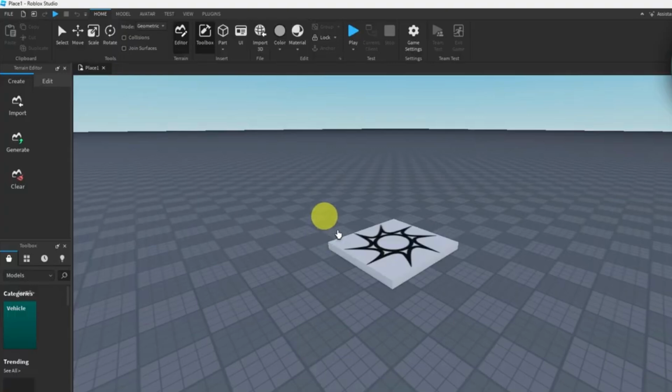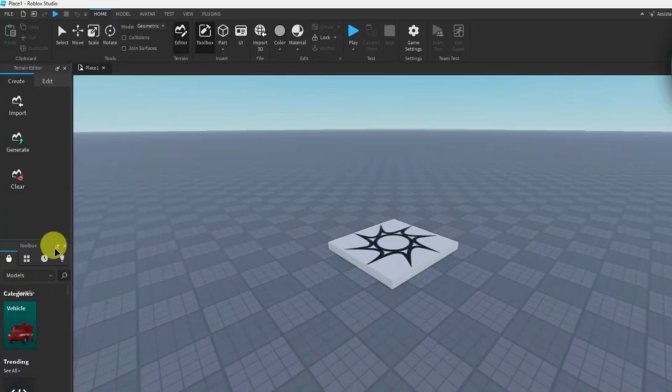Hi guys, in this video I will show you how to open Toolbox in Roblox Studio. So let's get started. First, let us just open up Roblox Studio and then I'll just open up a template, and then after that we will get to see our toolbox right here at the bottom left corner of